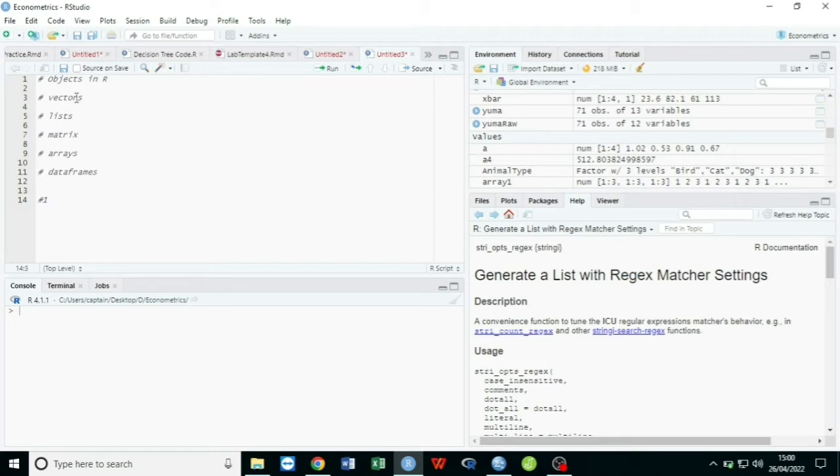name it as the first one, vectors, right? So to create a vector in R, we use a function. Let me show you the function. So we are creating vec1, and then we use this function c,